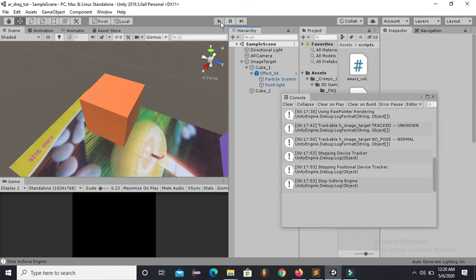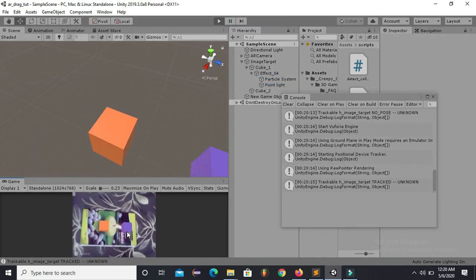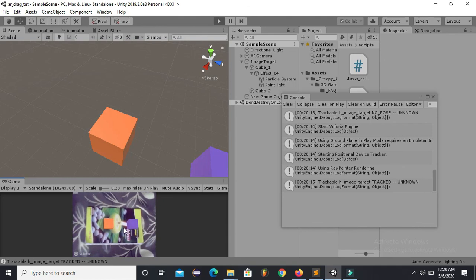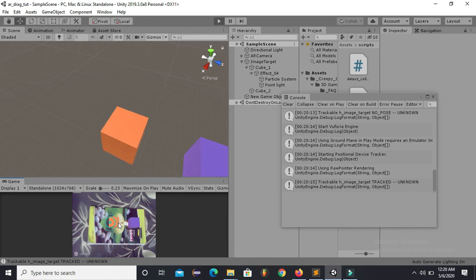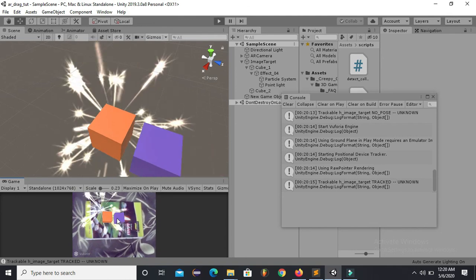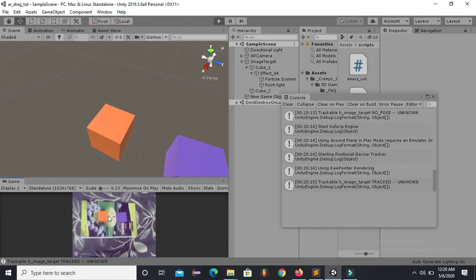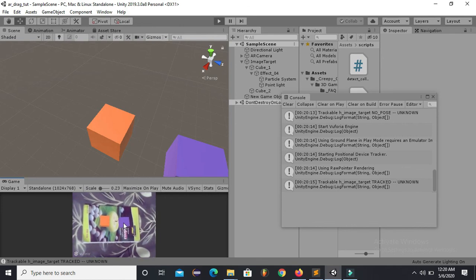And if I run this, you can see two objects have been overlaid on the top of this, and since they are rigid body they can collide, and you can see whenever these two come in contact, a particle effect is played, and as soon as they lose contact with each other, this particle effect gets turned off.